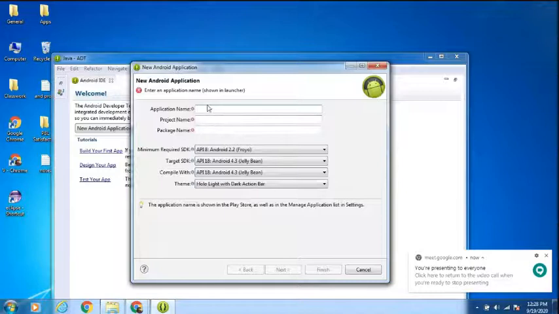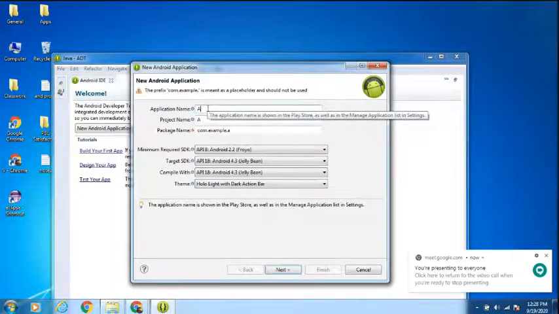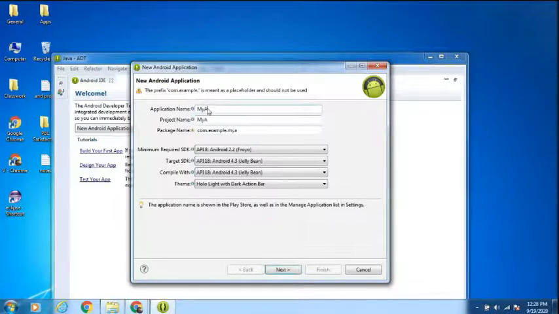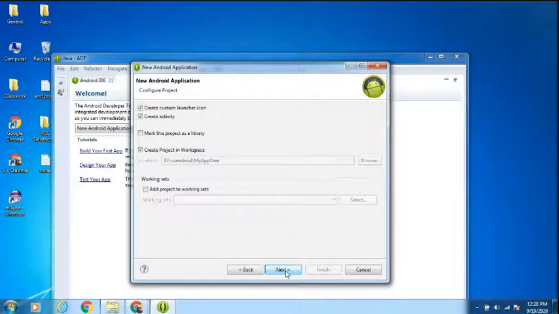I'm giving the application name as My App One. Can anybody say what is the application name? My App One. Click on next, dear. It is saving in the CS Android folder.